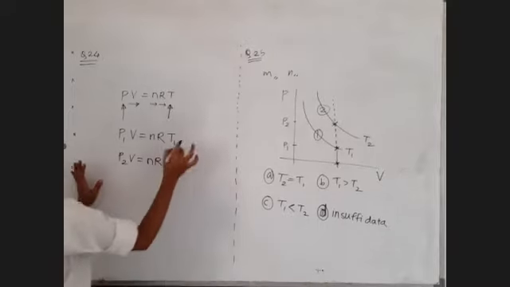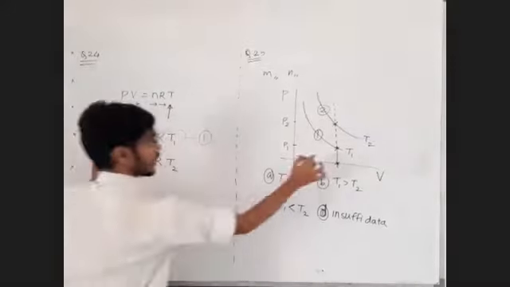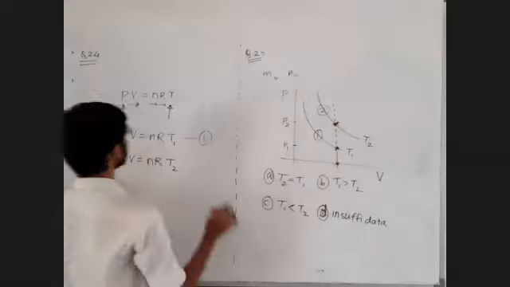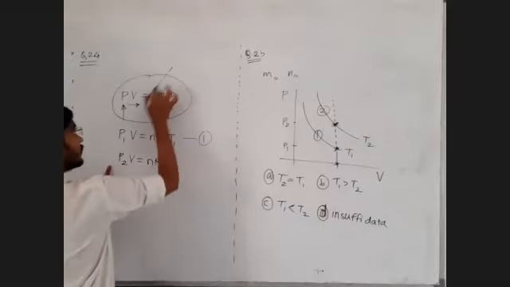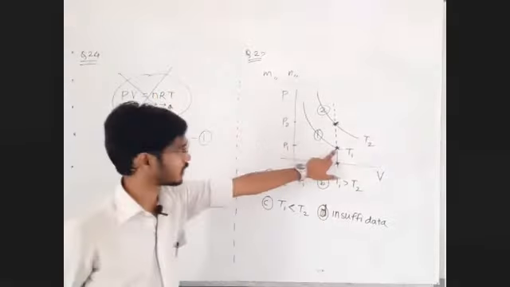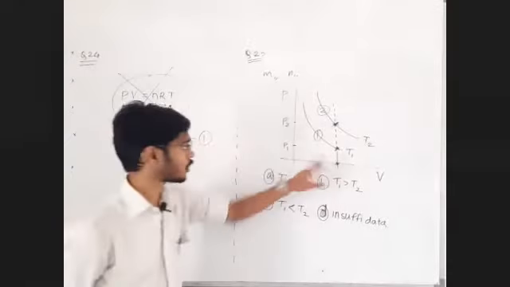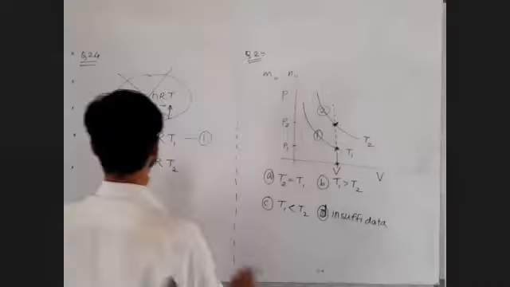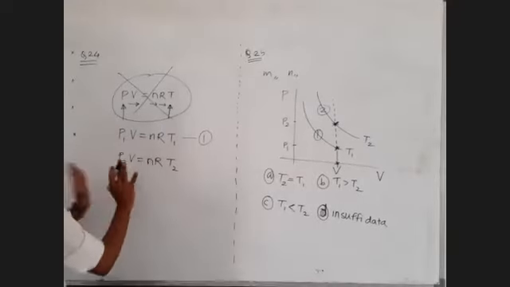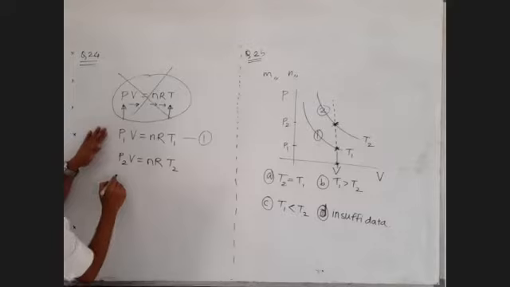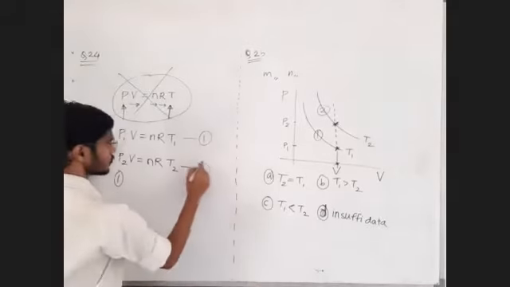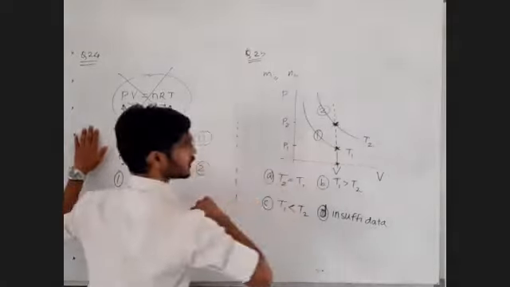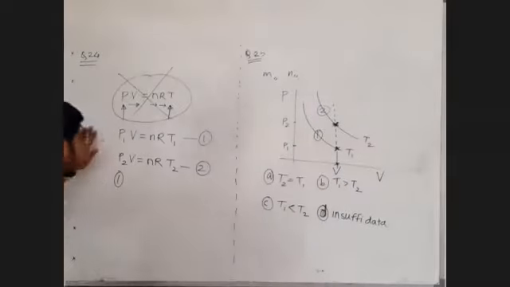Now, what data do we have? This equation is satisfied at this point. The same equation is also satisfied at this point. If you do not understand this, leave it aside. Write the ideal gas equation at this point, PV equal to nRT. Volume is same for both the graphs, so instead of writing V1 and V2, you just write V and V. Yes sir, we did it.